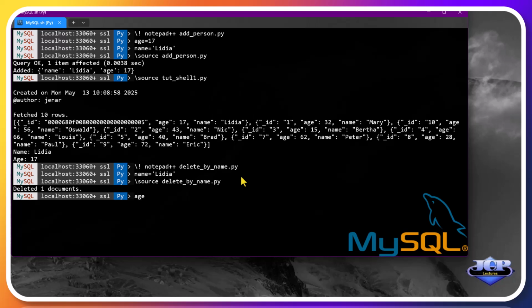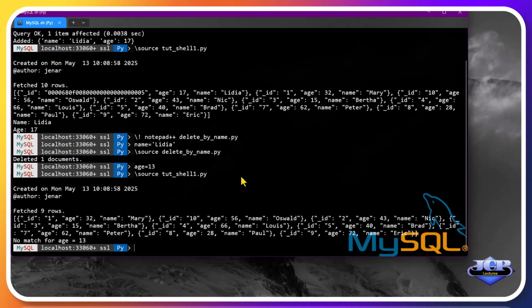To verify the deletion, we can input any age and run the original script that displays all the documents. And now it doesn't exist anymore.